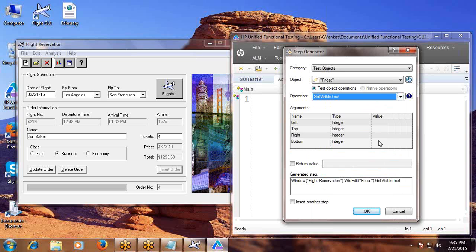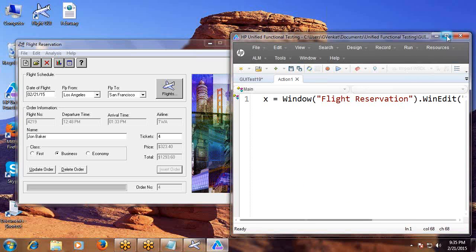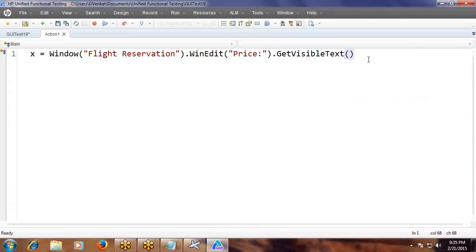See, get visible text. Return value. Getting the value. Take variable, suppose X. Okay. See, statement generated. This is non